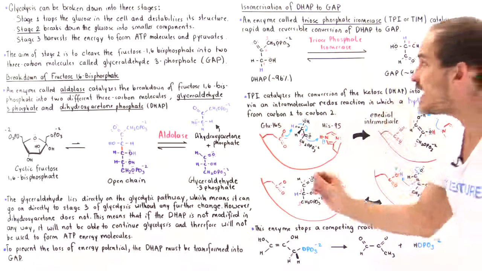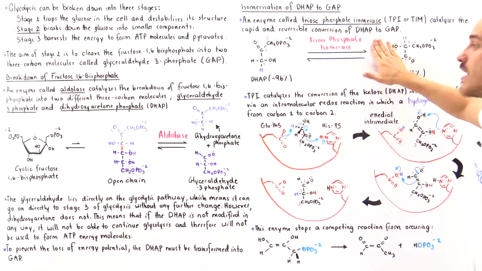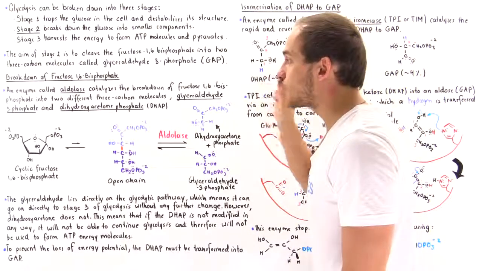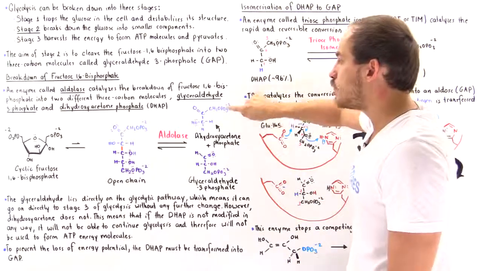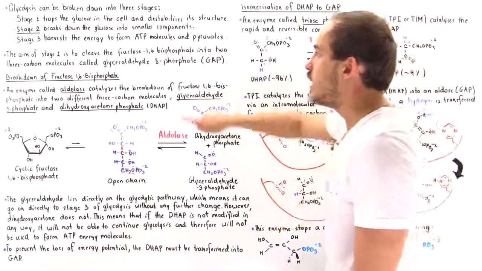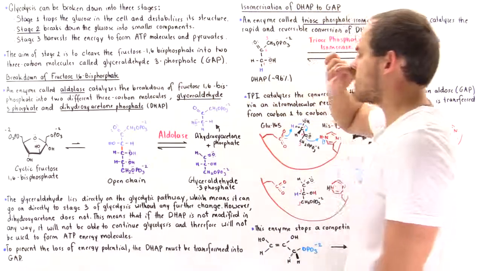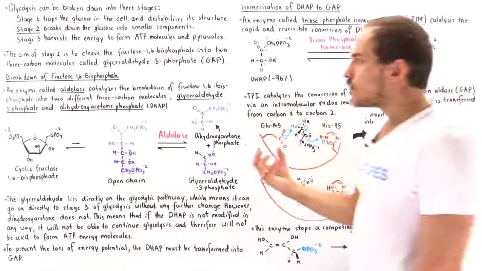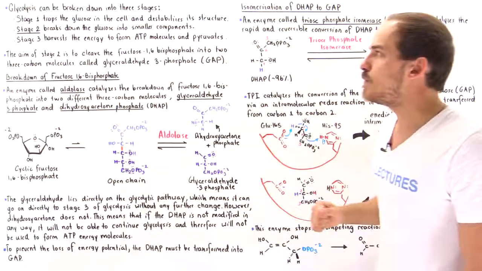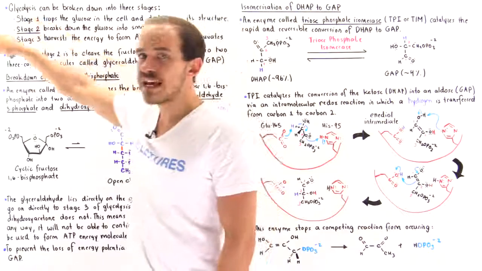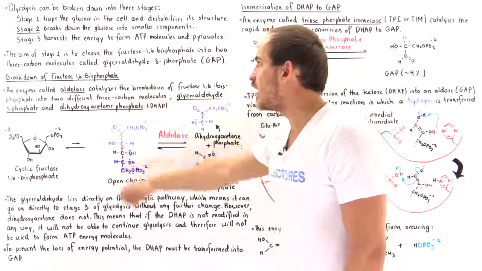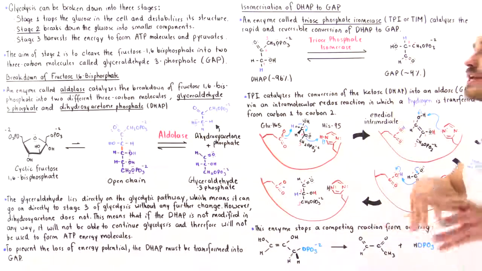And that's why we need this triose phosphate isomerase in the cell, because it's the enzyme that can very quickly and rapidly transform this molecule dihydroxyacetone phosphate into the molecule that we want, the glyceraldehyde 3-phosphate. So to conclude, we see that the point of stage 2 is to take this fructose 1,6-bisphosphate that was formed in stage 1 and to transform it into 2 identical glyceraldehyde 3-phosphate molecules. But the way that actually takes place